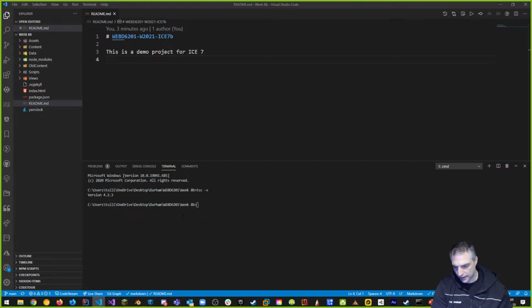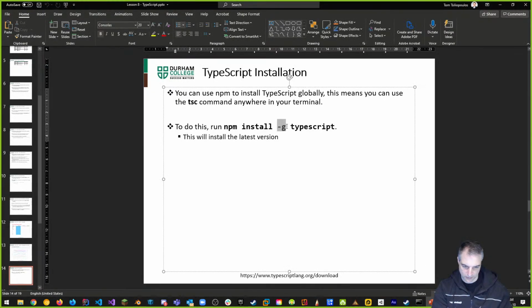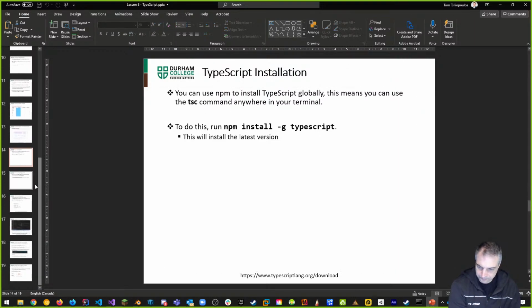So now that we have TypeScript installed, this is our first step, the installation step, to make sure that TypeScript is supported on your system. We use the -g switch, so that it's global. We could also make TypeScript work only locally, for a specific project. Sometimes that's good too, because you want to support a TypeScript version that is specific for a particular project. But most of the time we do a global installation when we're working with TypeScript.